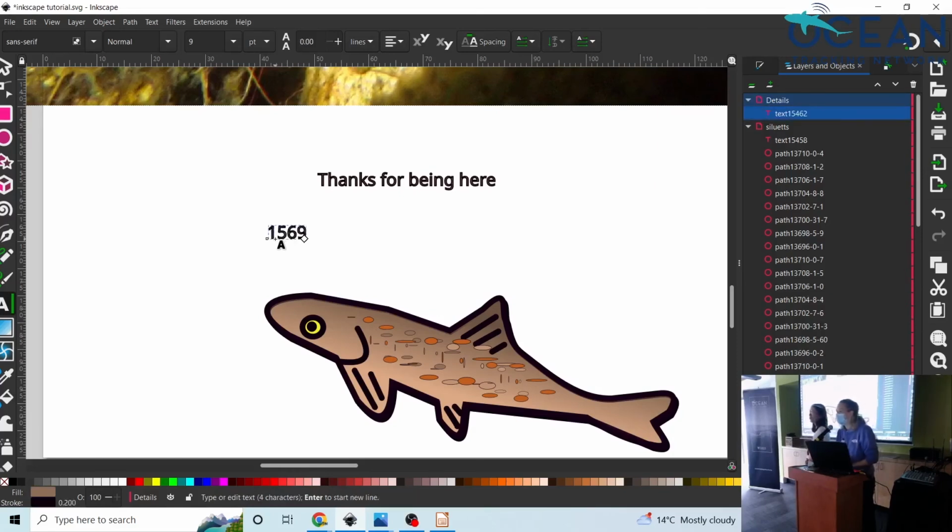Please, not all 1, 2, 3, 4. Be creative. Be a bit creative. And you click on the A, that's the text function, the A you have on your toolbar to the left. And then everyone needs to walk around, look at each other's computers, note down the one that you